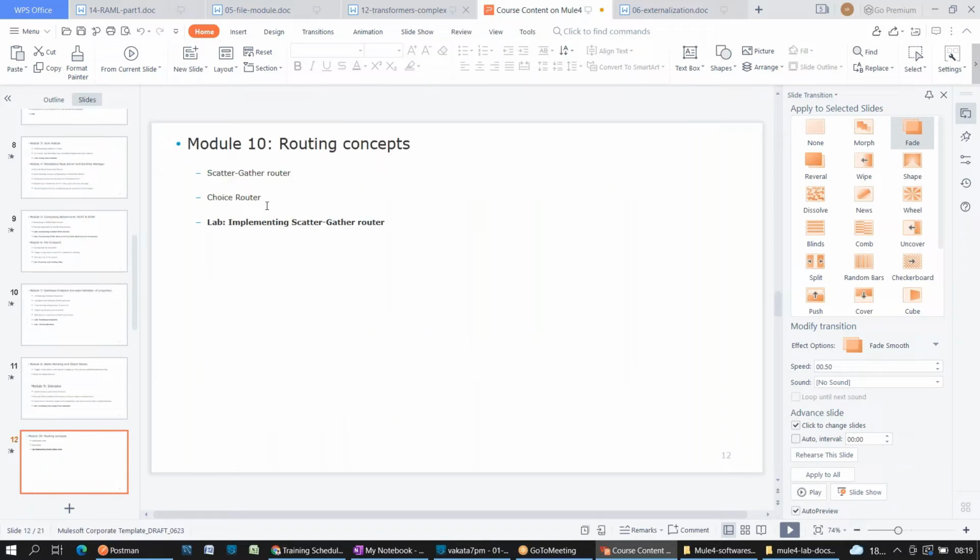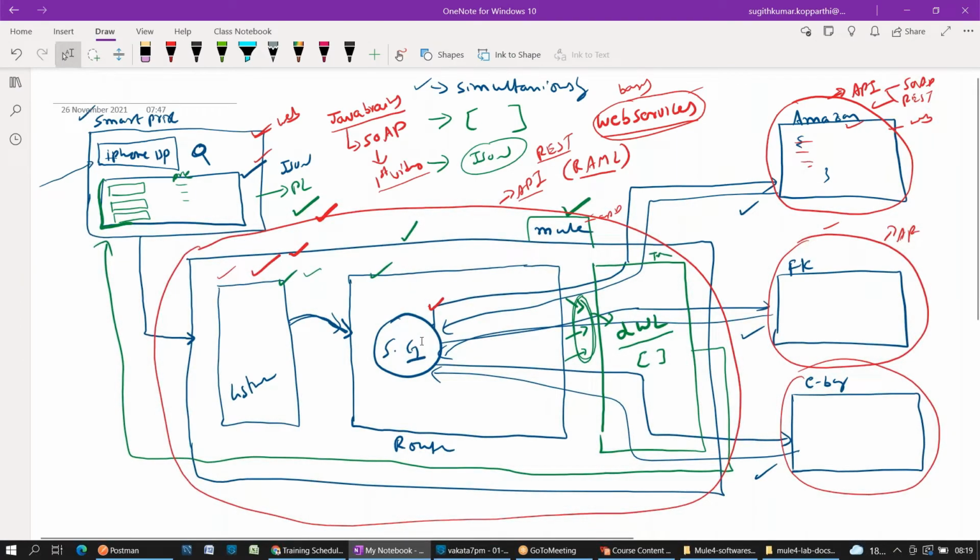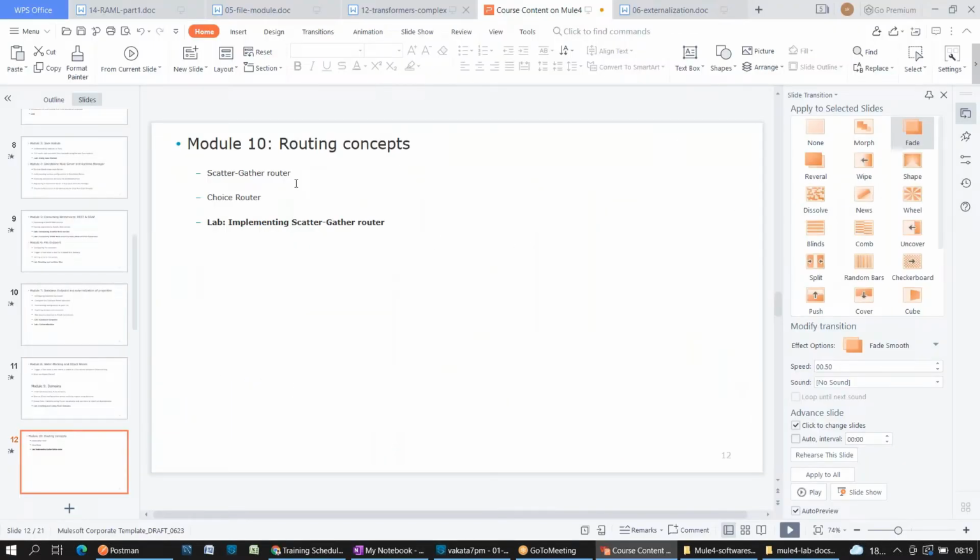And very important, routers. The choice router will also be explained in consuming a REST API, and the scatter-gather router. The scatter-gather router takes one request as input and scatters it into multiple. That is called a router.